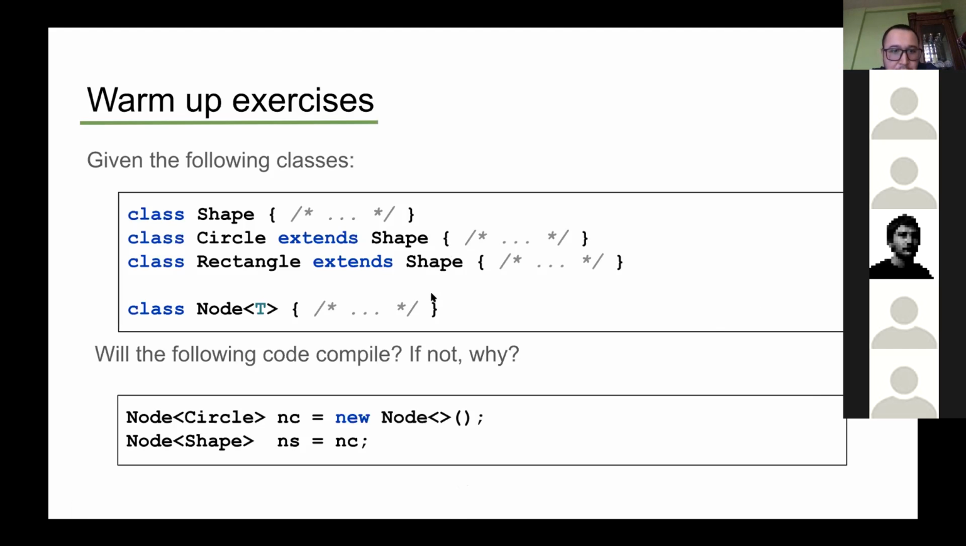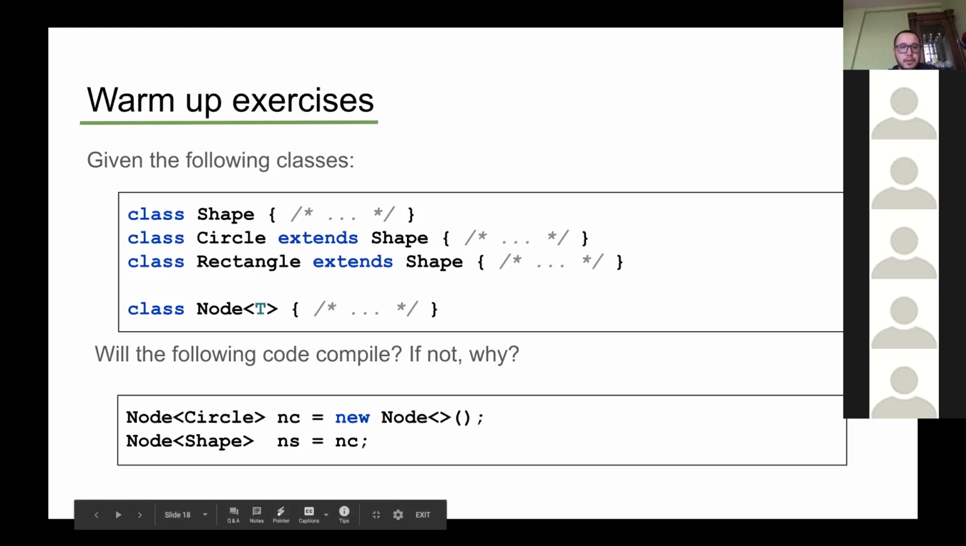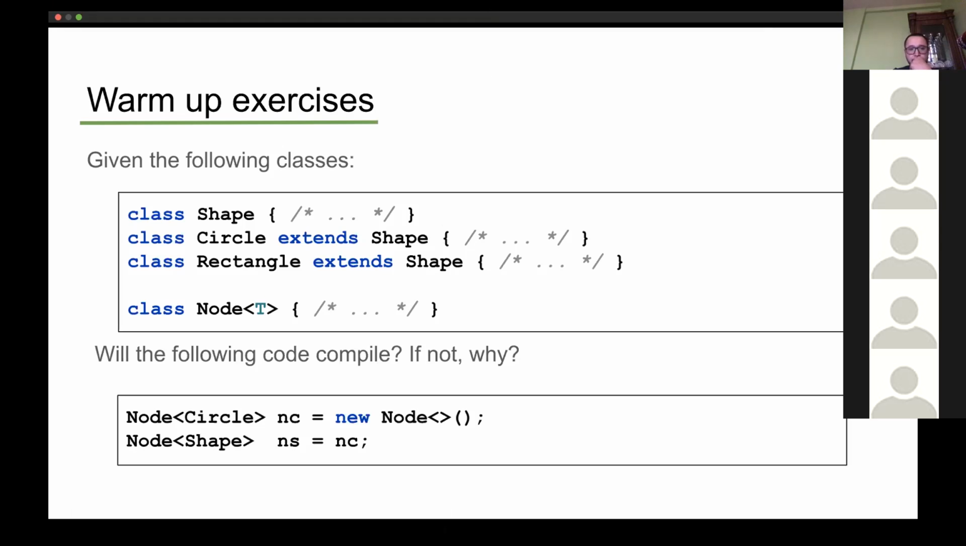Here we have Big Zat. Big Zat, are you here? Yeah, I'm here. Hello. So what do you think about this code? I think it's not compiled because circle extends from shape, and in the last row you can't assign node shape s equal to nc. I think so. So you think that